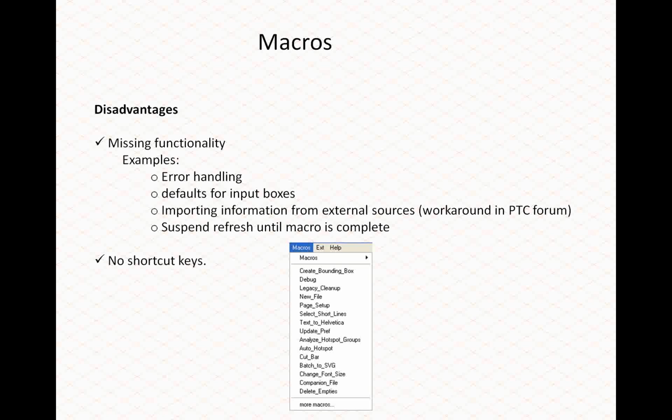Importing information from external sources, and what I mean by that is, say you have a text file or an XML file, anything external to IsoDraw, and you want to grab the text and pull it into IsoDraw and fill a text element with it. There's really not a built-in way to do that. And the closest we found, and we're working through the workaround right now on the PTC users forum,